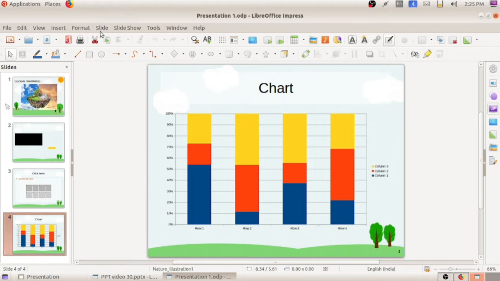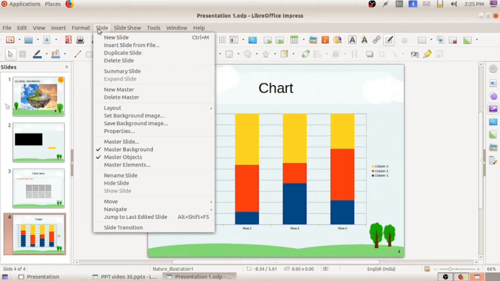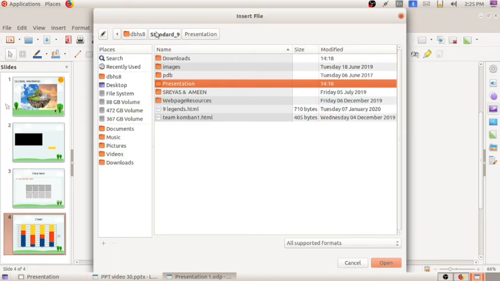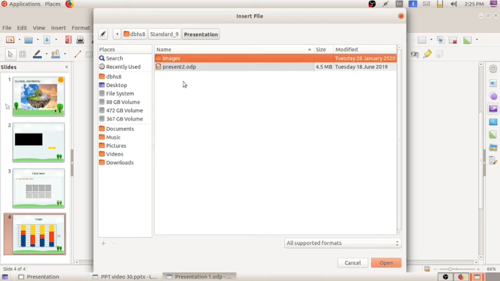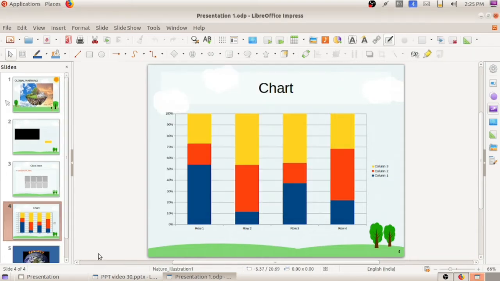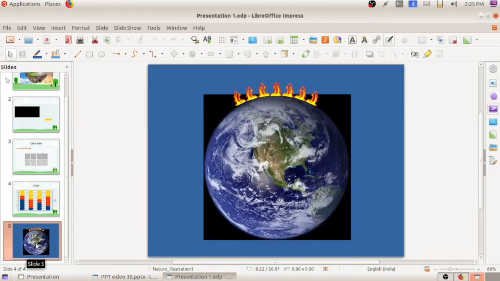For that, go to the menu Slide. You can select Insert Slide from File, and in the presentation you can see the presentation 2.odp. This is in the school resource folder. Double click, you can see the location. When you click on this arrow, you will get the slides, and when you click on slide 2 and click on OK, you will get that particular slide open here.